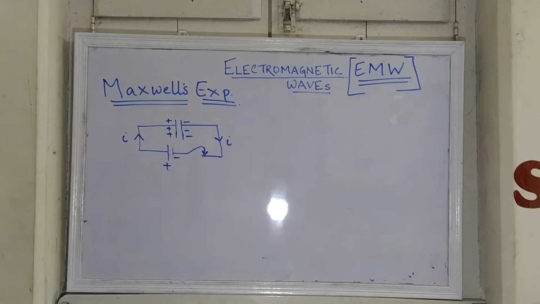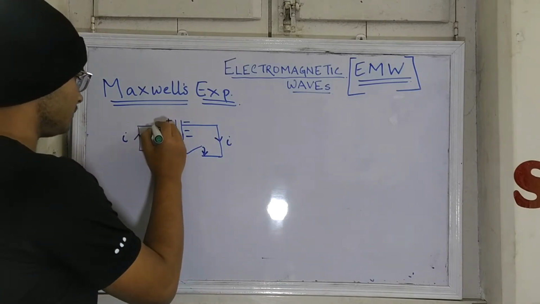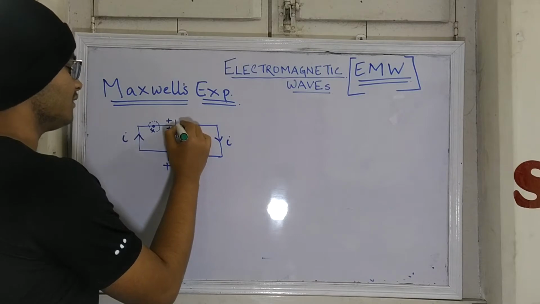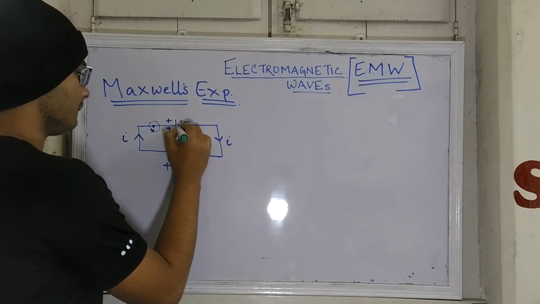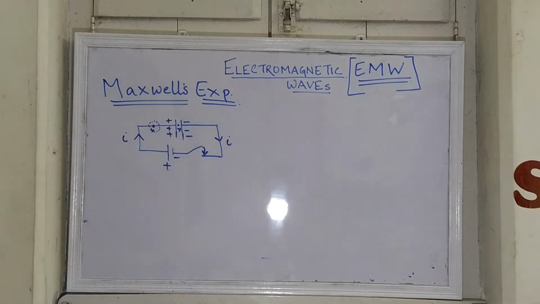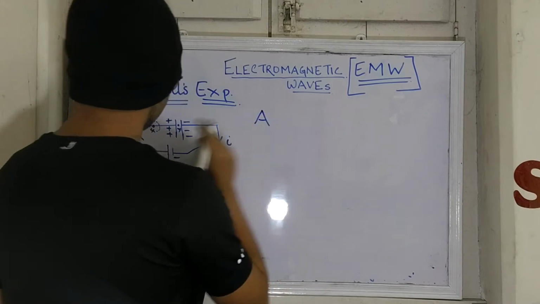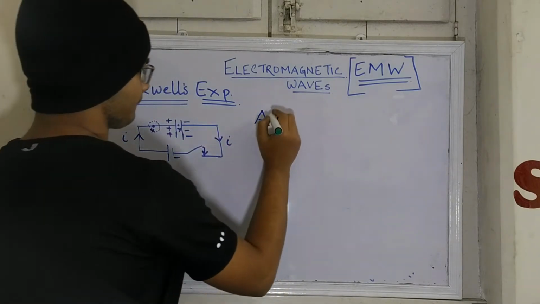Now, he considered two regions. Suppose this region, which I circle, is X, and this region inside the parallel plate capacitor is Y. Now Maxwell said that at X, means at this point,